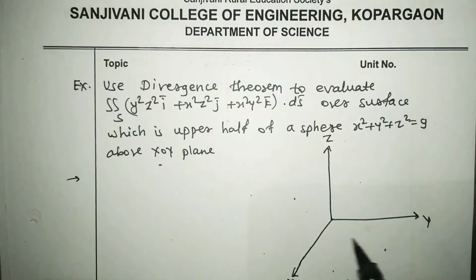Now you have to evaluate the double integration over the surface of the sphere. The original surface of the sphere is only the curved surface. So you call this surface S. And this bottom plane surface is an extra surface, call it the S1 surface. Now when we attach this S1 surface to the curved surface, only then does this shape become closed.